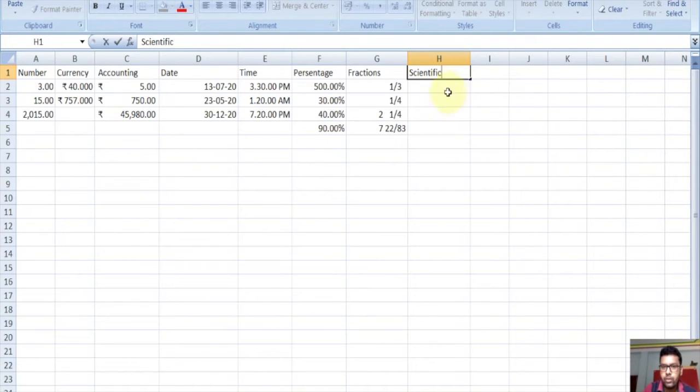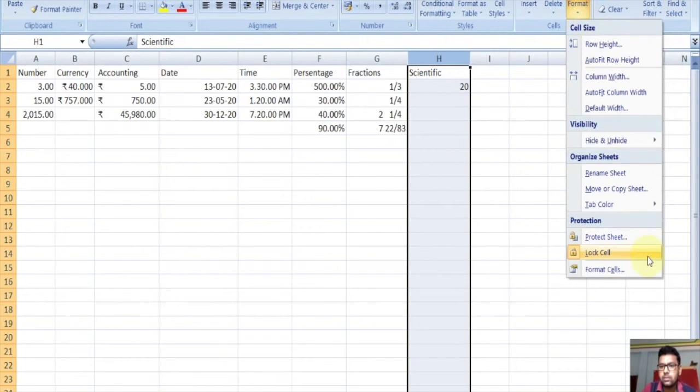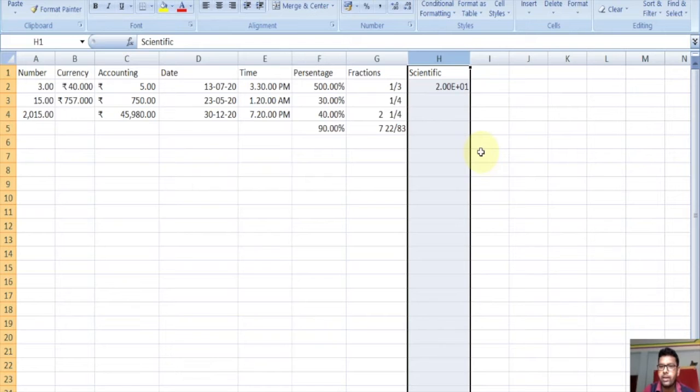Here we can give a number, suppose 20. The scientific format will divide the number 20 into exponent and mantissa portions. 2.00 is the mantissa and 2 decimal places is set already. This is 0.1 as exponent.